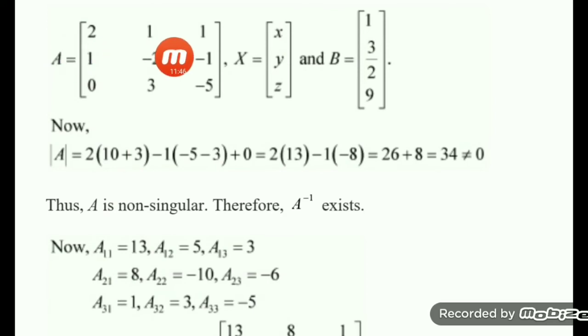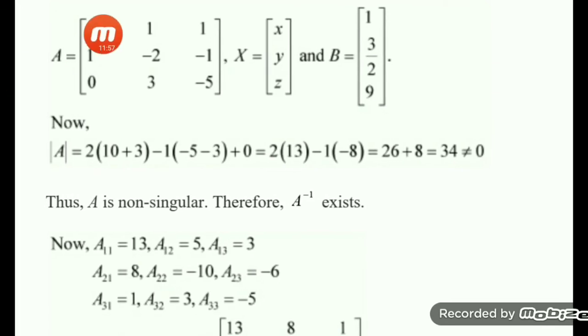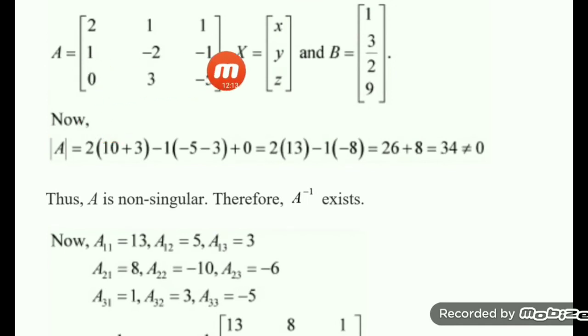Then the 2 2 position: this is deleted, what is left? The 2 2 position is positive, minus 10, so the value is minus 10. The 2 3 value: second row, third column deleted, what is left here? This is 6, the 2 3 position is negative, so the value is minus 6. The 3 1 position is positive, this is deleted, what is left? Minus 1 plus 2, that is 1. Then the 3 2 position: you have to delete this row and this column. The 3 2 position is negative, minus 2 minus 1, minus 3, minus minus plus 3. The 3 3 position: this is deleted, the symbol is positive, minus 4 minus 1, minus 5, so this is minus 5.